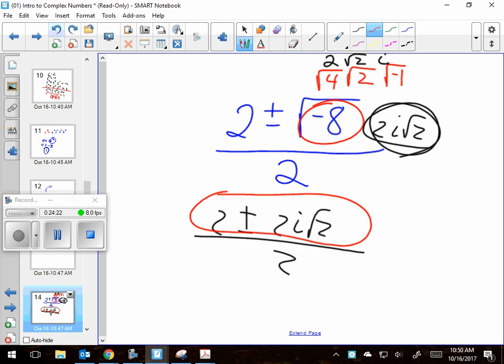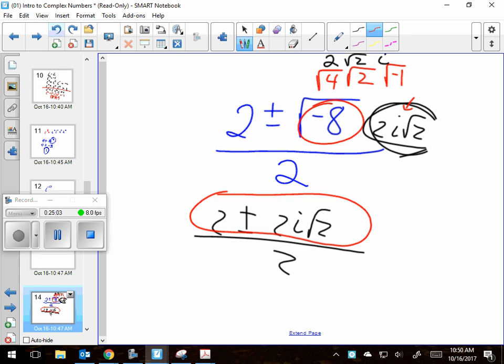Yes? Why did you put the i in front? Because we don't like to have the i at the very end, because it looks like it's underneath the square root if you put it there. It's just the way it looks. As long as you're really careful, fine, but if you let your square root stray a little too far and all of a sudden your i is underneath that root, I'm marking it wrong. So the safest thing is to put it in front of the root. Technically, I would have to mark it right as long as it wasn't under the root, but I just recommend you put your i up in front here.